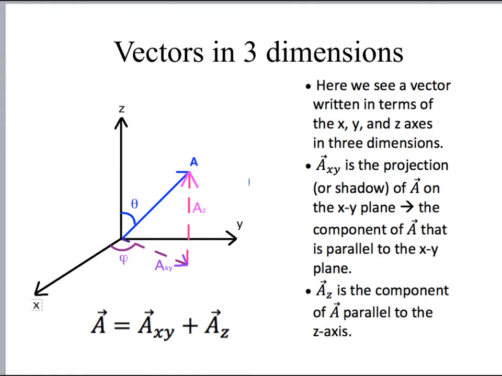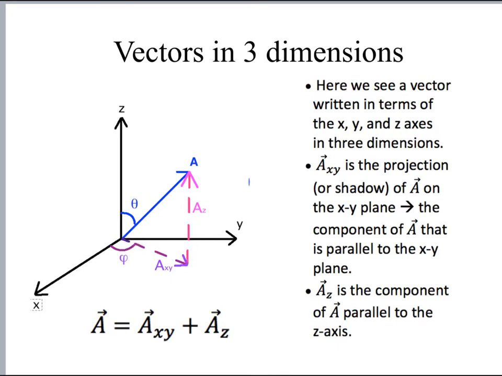vector into a sum, tail to tip twice, of a vector that is in the xy plane here. So here is the xy plane, and I have a vector that is in that plane directly underneath my vector A. It's like if there were a spotlight up above shining downward, this would be a shadow on the xy plane. And so I have my vector A that has its shadow, and the technical mathematical term for that